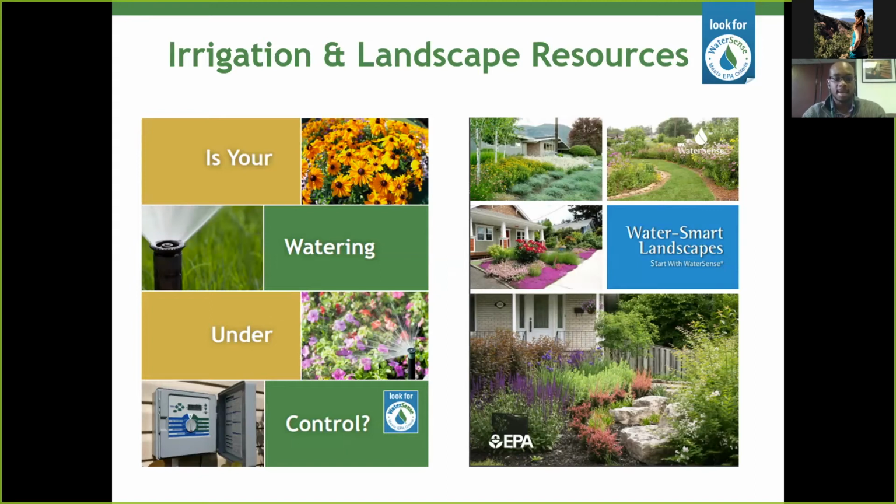On the left-hand side, we have a guide on weather-based irrigation controllers. And that guide goes over all of the things you'd need to know when you're looking to buy a new irrigation controller, things to look for, such as whether you need to control a lot of zones or just a few, as well as information on how to program it,